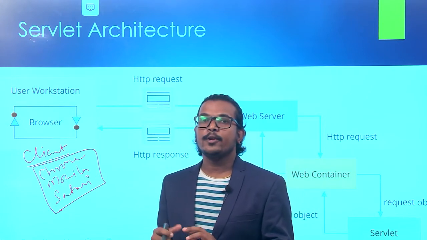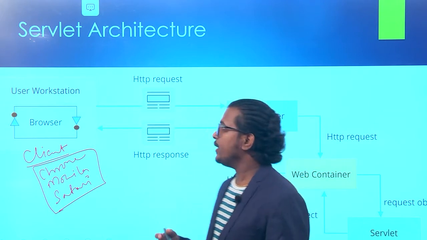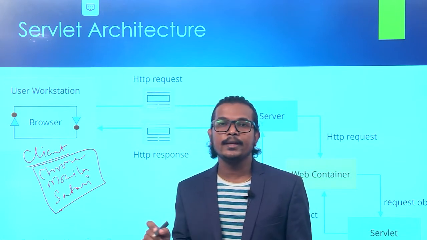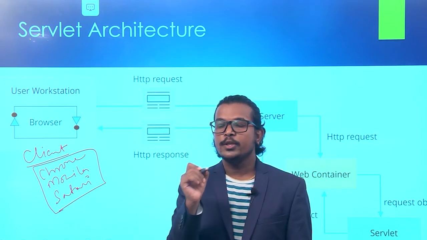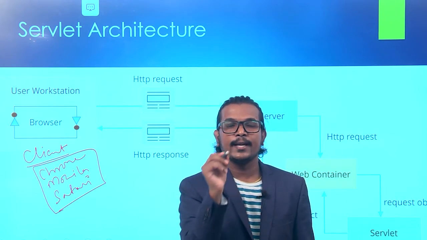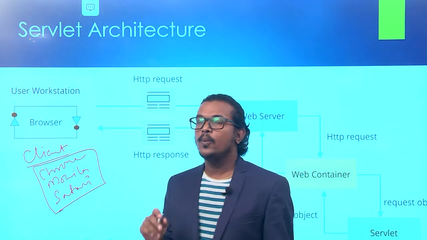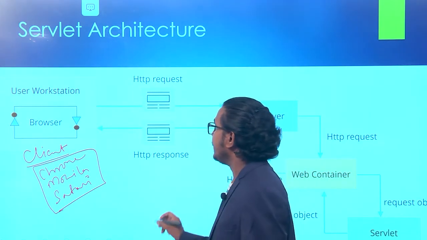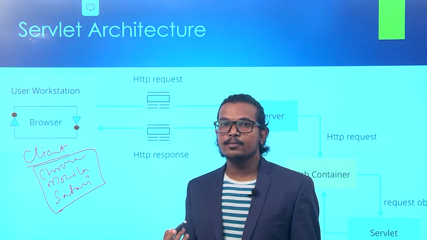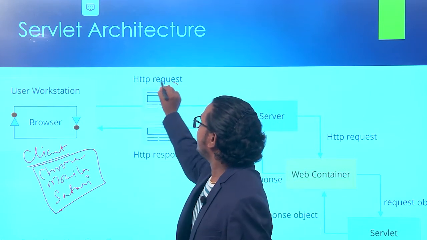Now what is the background procedure, what is going on in the background? First we create a request. We just open google.com, and in that google.com we have the search box. In that search box, we type our query, whatever query you want. Once your query typing is over, you immediately click on the search button, and that search button will create one request.